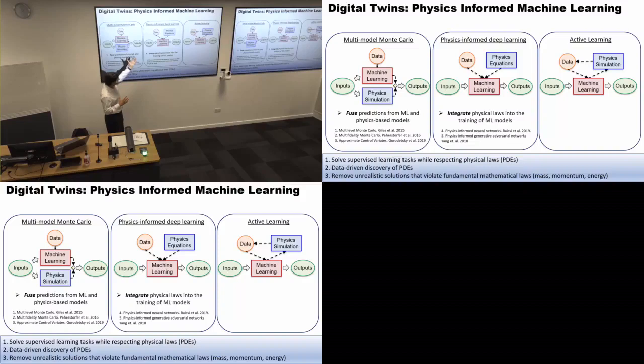And probably there is a lot of research going on for different applications, depending on the nature of the physics and the amount of data that we have. So here the physics equation, to some extent, moderates the learning process, and the learning needs to comply with the physics or the mathematical principles as well.